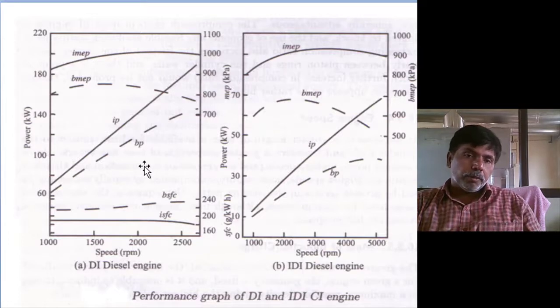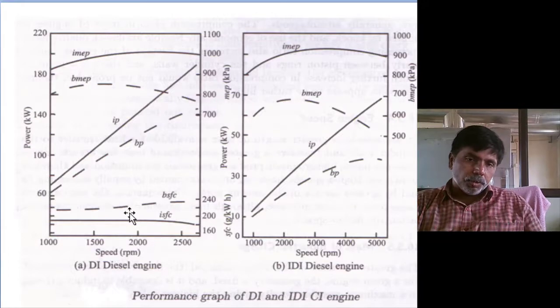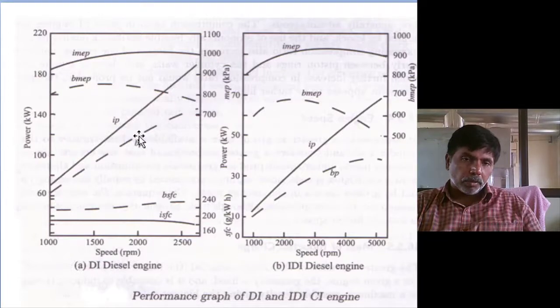Next, same performance analysis of direct injection engines and indirect injection engines. There you can see the brake power, direct injection engines, brake specific fuel consumption with respect to the fuel supply. Speed, after some speed it is reducing, later it is increasing, and brake mean effective pressure also is reducing as speed is increasing. Brake power is reducing. You see, if speed increases, automatically brake power is reducing. The mean effective pressure reducing drastically. If mean effective pressure is reducing, it means indicated torque will reduce.